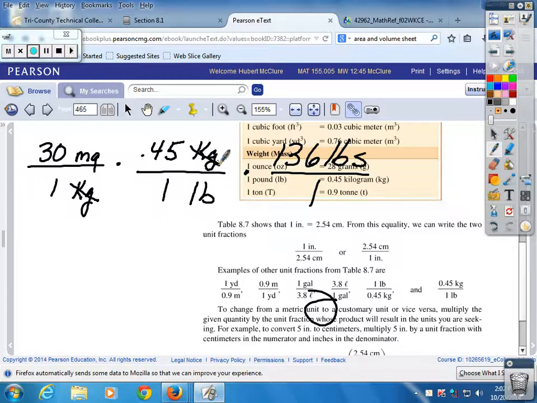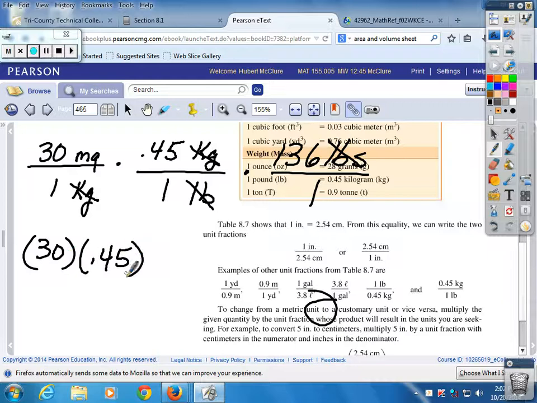What does the pounds do? What are we left with? What is the medicine measured in? What does the question ask? How much medicine do you give the person? So are we done? Yes, all we have to do is multiply 30 times 0.45